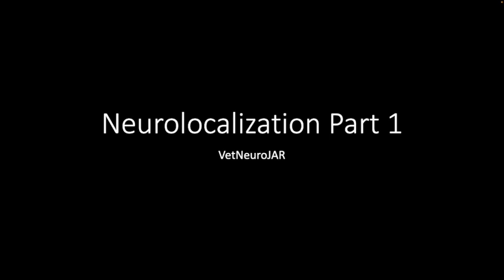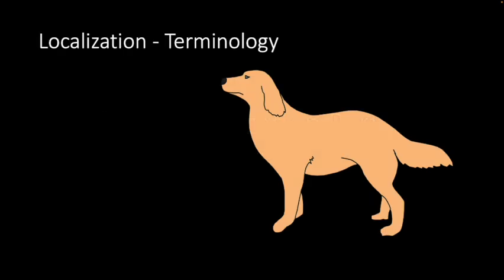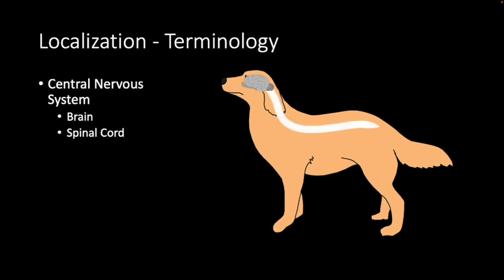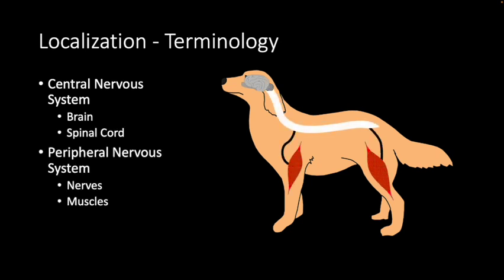This will be part 1 of the neurolocalization lecture series. In simple terms, with neurolocalization, patients can be classified as either having a lesion within the central nervous system, which would include the brain and spinal cord, or the peripheral nervous system. With the peripheral nervous system, that can be further divided into either the nerves, muscles, or the communication between the